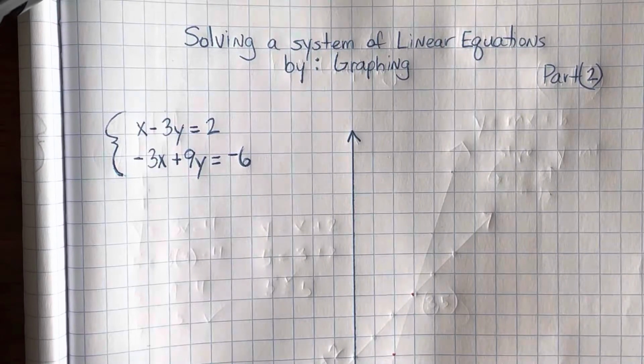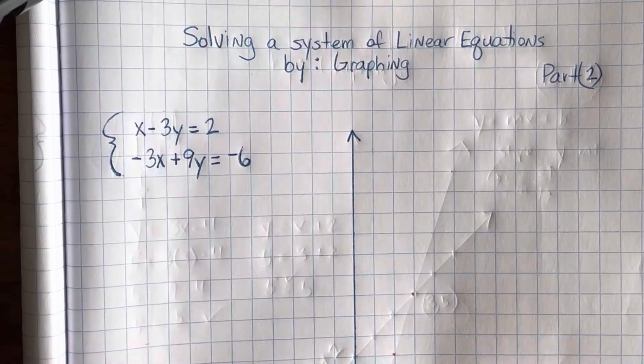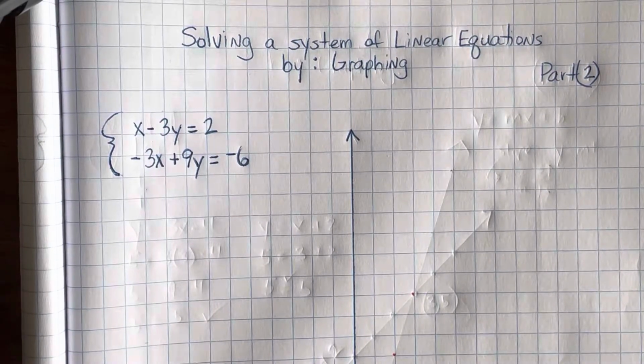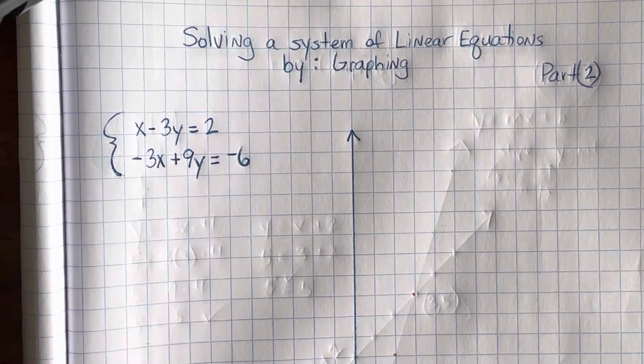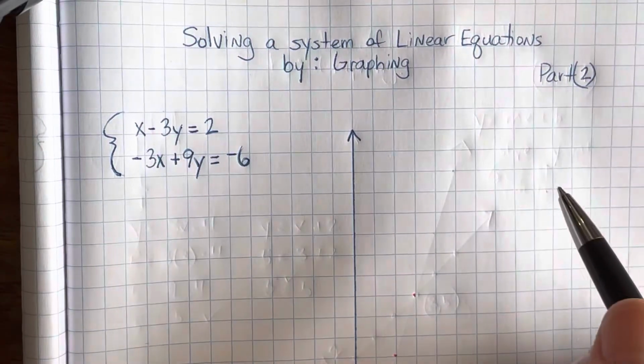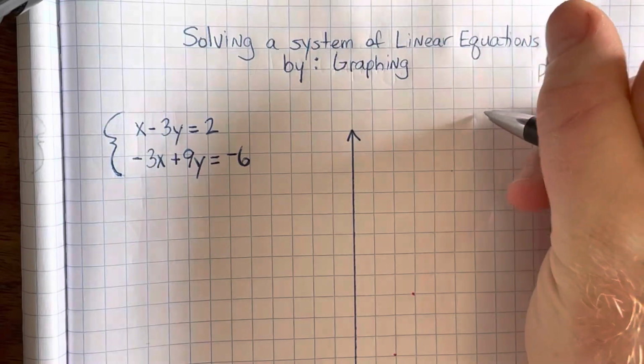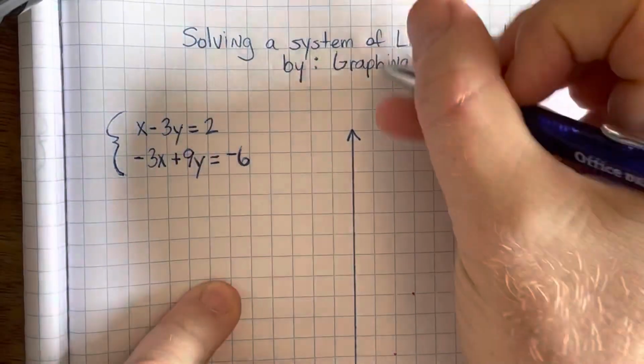Hey guys, this is part 2 of solving a system of linear equations by graphing. Okay, so we have two linear equations. However, they're not in slope-intercept form. Remember, slope-intercept form is basically,